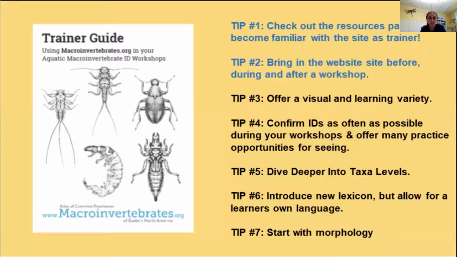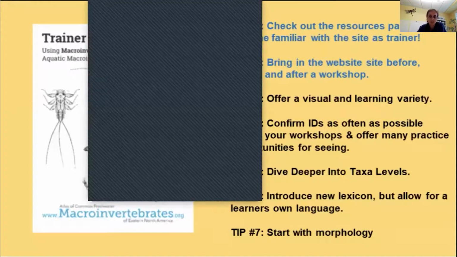One of which is our trainer guide. Some of you might be either a learner or you're training others to learn, whether it's at the citizen science level, which goes mostly to phylum or order, or some families. These are some tips just for you as a trainer, and also how to learn the macroinvertebrates themselves. It's just like any other taxa group, whether it's flora or fauna. It's learning a lot of the lexicon and some of the tips for any of these groups.